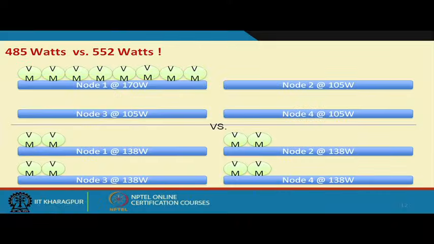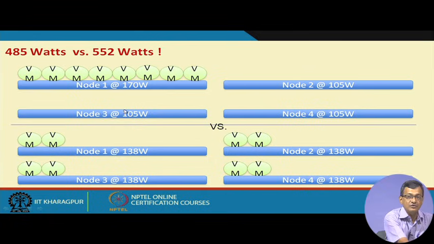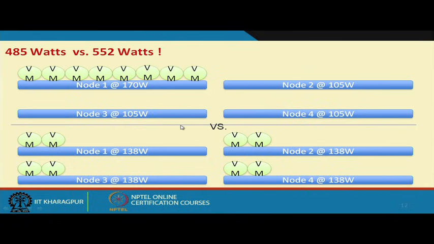Now, in order to go from this stage to this stage, I need to migrate the VMs. Migration also has some cost, right. Not only that, here we are taking all VMs to be of the same category, but VMs can be of different categories. So, it may not be possible to put all the VMs into one node or two nodes. So, we need to check and monitor how much loading there is and how many free VMs there are, so that we can migrate the VMs, right. So, it is not straightforward multiplication of the wattage; migration also has some cost in doing that.